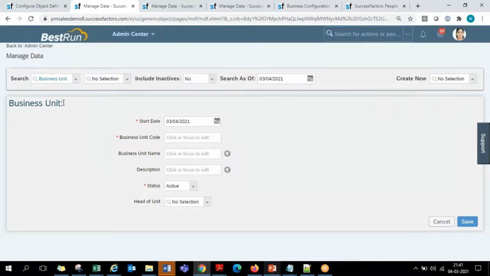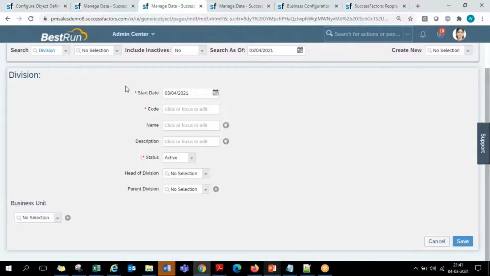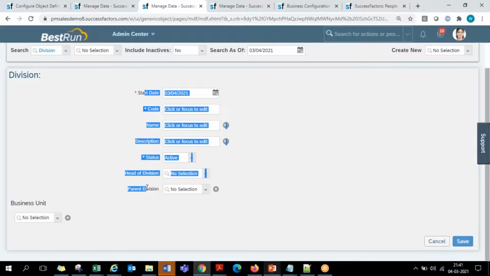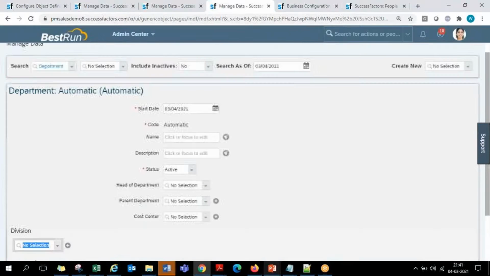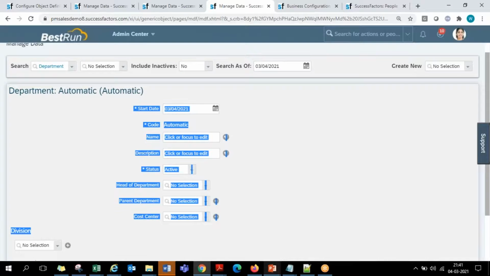So this is the way we have business unit as an independent one. This is how a fresh customer system actually looks. Not only business unit, division also. On day one, when you go to the division object, only the fields in the center of the screen will appear. This will not be there. On a department level also, only the department's fields will come, only this set of fields. This division association will not come on the left hand bottom.